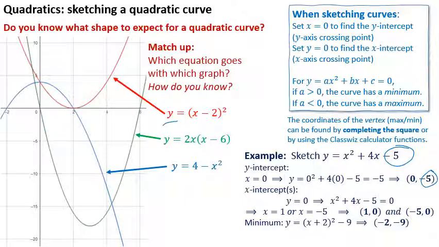The last thing you might do is find the minimum. And I'm briefly going to talk about this because it's on the screen. You might spot a pattern, a link between the completed square form of this quadratic and the coordinates of the vertex, the minimum point. Well, if you have something squared,